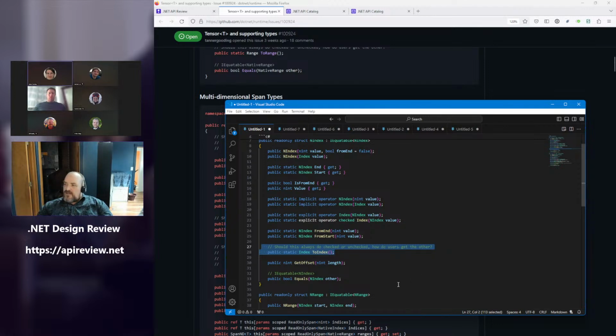Yeah, since the actual way you specify it in the language is by adding the checked word, and the actual IL name for the operators is you add the checked suffix, so op addition checked. I think the natural thing to do here would be to index checked, which also fits the terminology we used in generic math for create checked, alongside create truncating and create saturating. There was no just create, to keep it unambiguous.